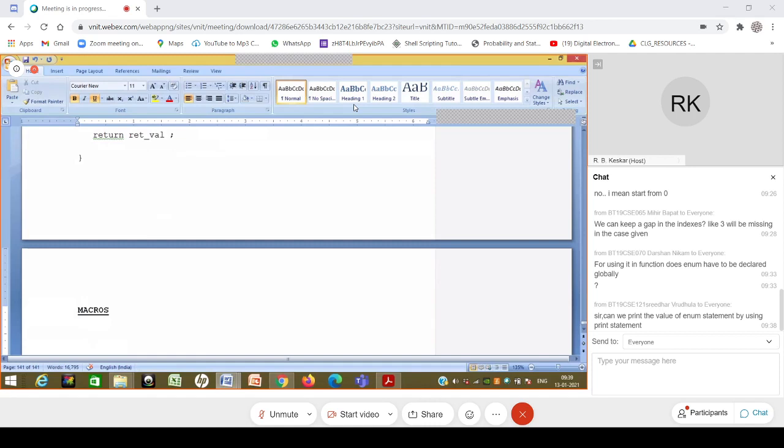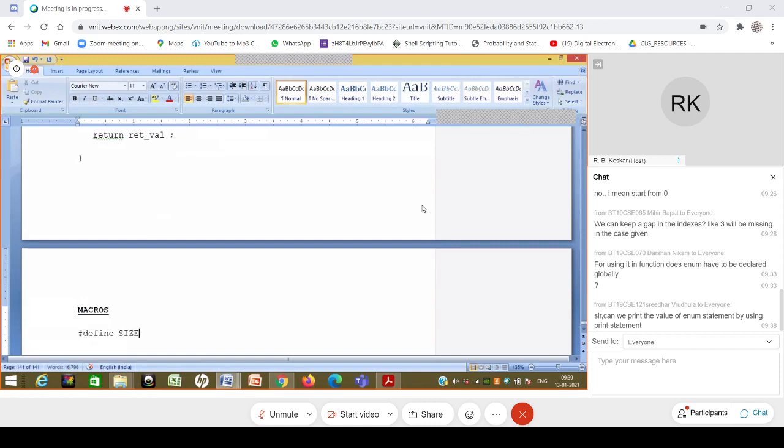Fine. So we already know that #define helps us, and we have done it multiple times. Typically we'll use SIZE or something like that. So we'll say #define SIZE 10 is how typically we'll use it.